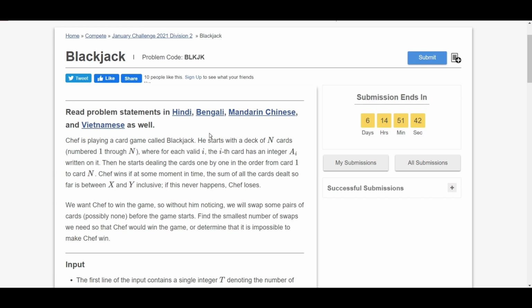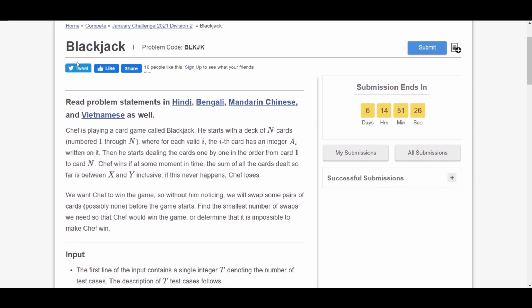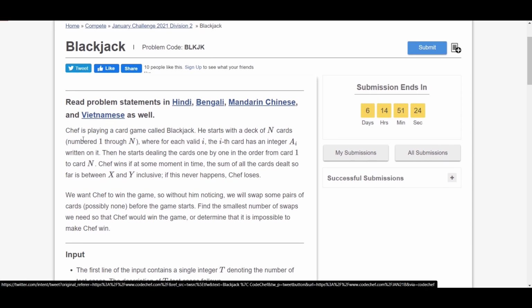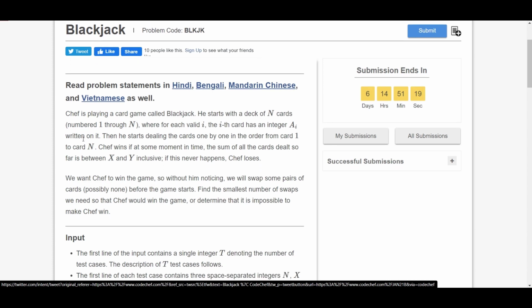Last video we discussed the watching CPL problem. In today's video we are going to discuss the blackjack problem. That's from division 2 and 3, and it's a medium level problem. I hope you guys understand it very well. Though it would be difficult for many to do this, still it's not bad to understand or just try to approach it. So let's have a quick read on the question.